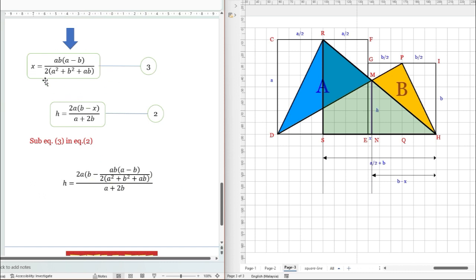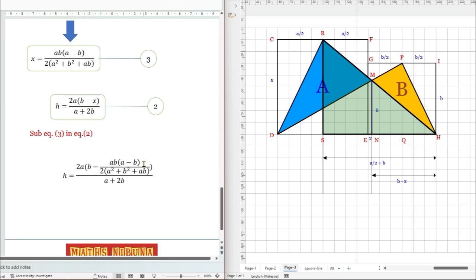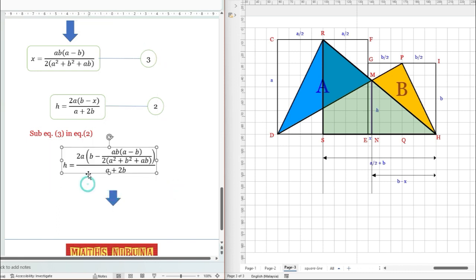That means I substitute equation 3 into equation 2. So this one also you have to solve. You slowly solve this one to get your answer. I already did it, so you do this one. When you do this, you can get the h value. Okay, your h will be